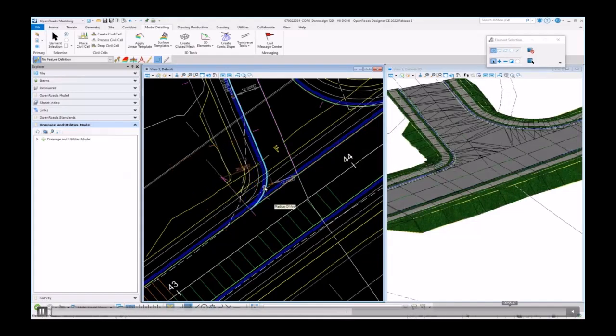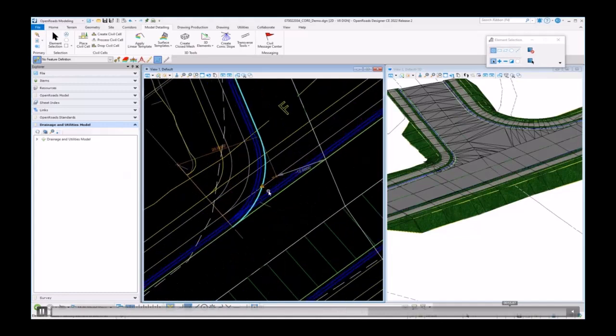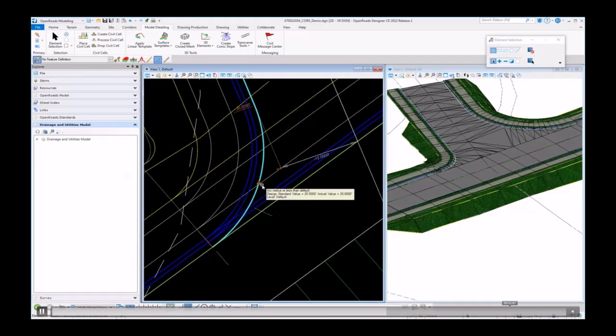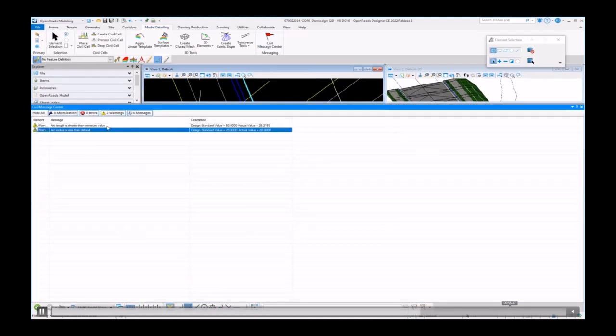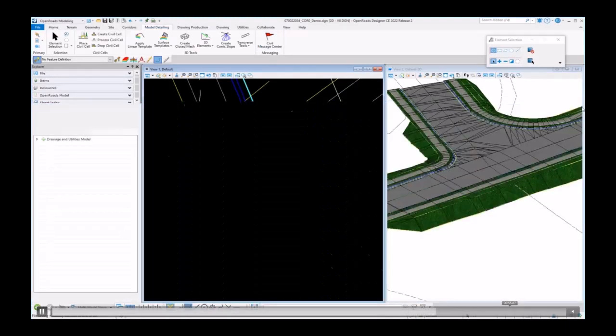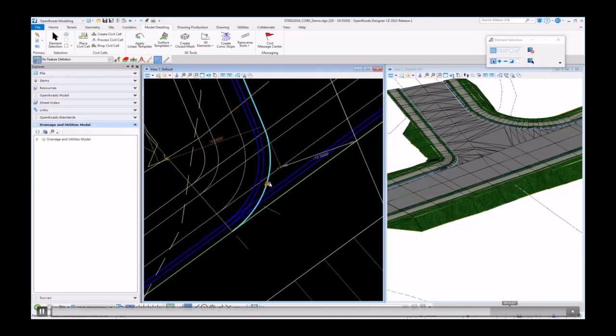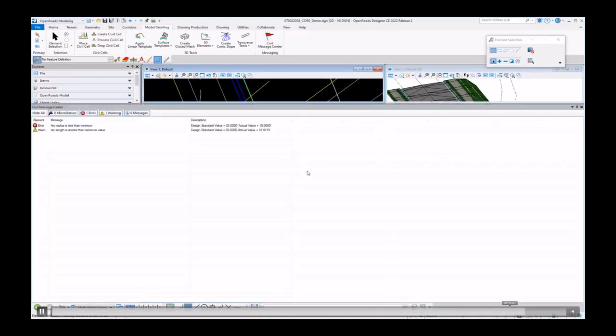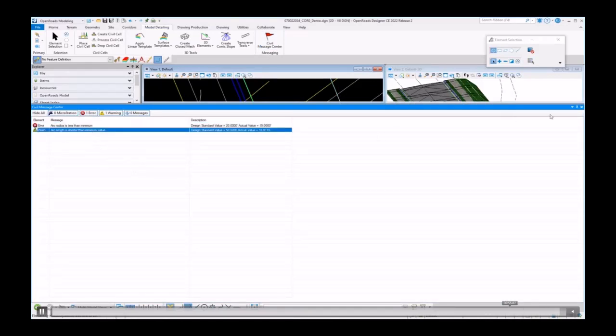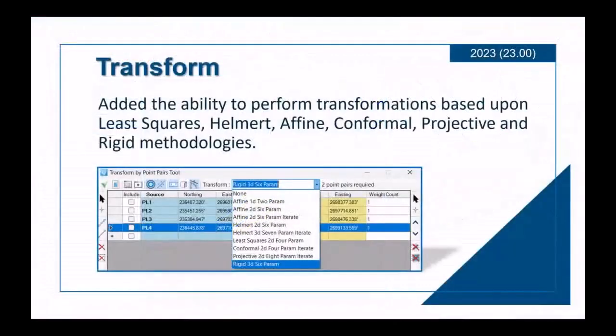So now, even though this is a civil cell, if I make a change, let's say change this from a 40 to a 20, you can see that it's actually checking your design standards. It's going to give you any error messages or warning messages if you're not meeting the appropriate design standard. So again, this didn't happen prior to 2022 R2, but now it works